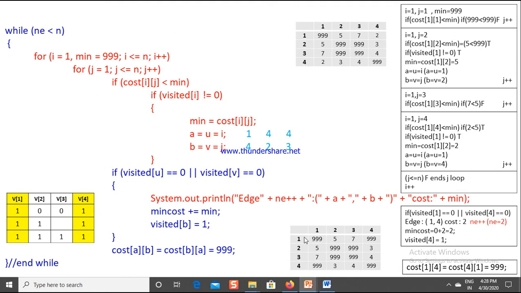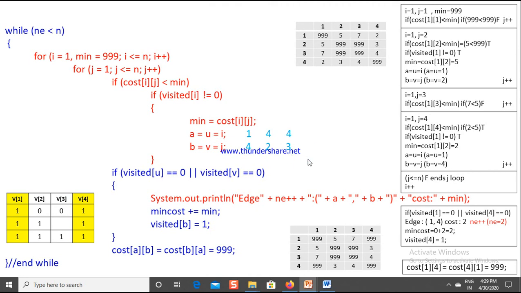What am I checking in that? I am checking in the first, second and the fourth row, which is the minimum cost edge. Anyhow this is already 999 and 999. So among first, second and fourth row, which is the minimum cost I am checking? That one, 4. What is the entry? 4 3. So what is my i and j value? Next ij value is 4 3.